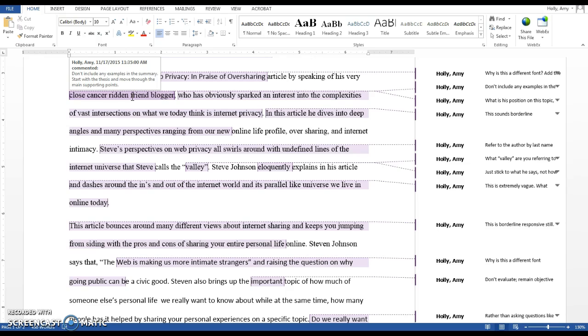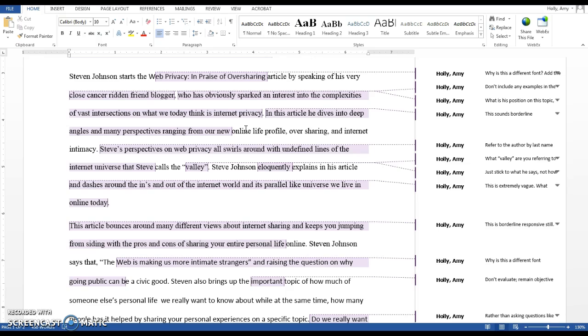One thing that I saw throughout is that you're being very evaluative and violating that rule of objectivity in several ways. In places you evaluate the way he says things. I think you used the word eloquently at one point. You don't want to have any evaluation or discussion or response to how the article is written. You're just focusing on what the author says in the article and restating those things in your own words. So no description of the quality of the work, no evaluation, no response to whether you liked it or not, or if it was good or bad, or anything like that should be in the summary.